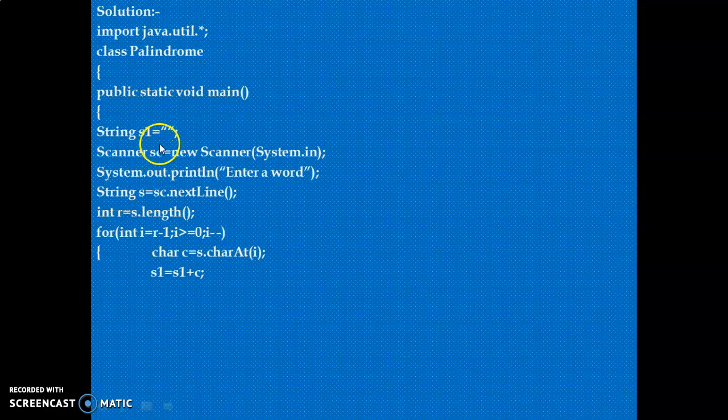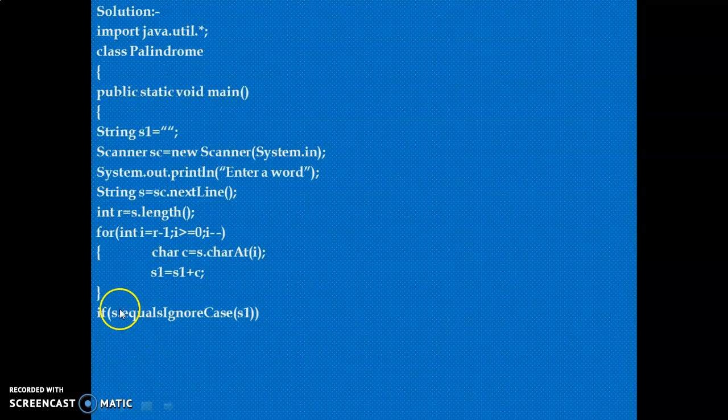And this is the use of this S1, which is already initialized by a blank. So I take a single alphabet from the last position and I store it in a new string. That means from the last alphabet I take and store it here. Then the second last I take, then store it here. Then the third last, like this. I take from the last and store and create a new string. Then my for loop is over. I take from last to first all characters of the string in reverse order.